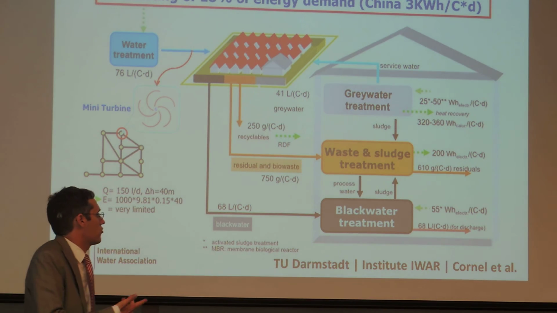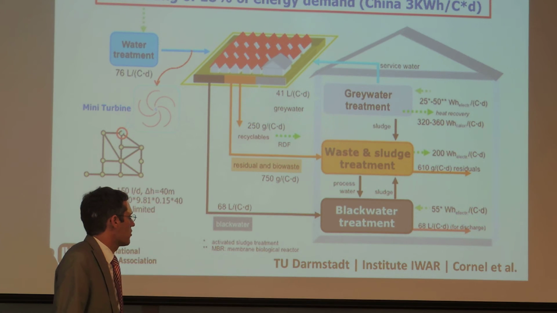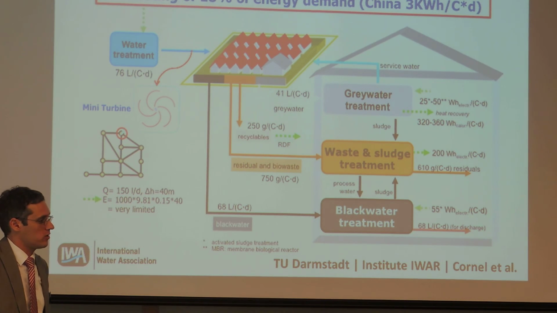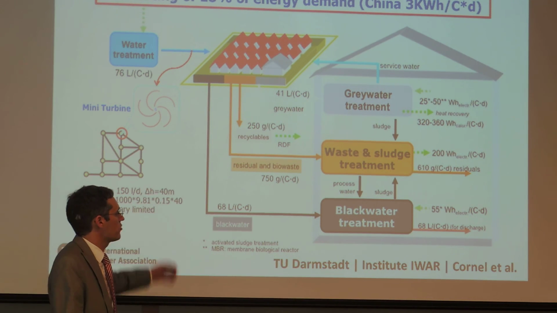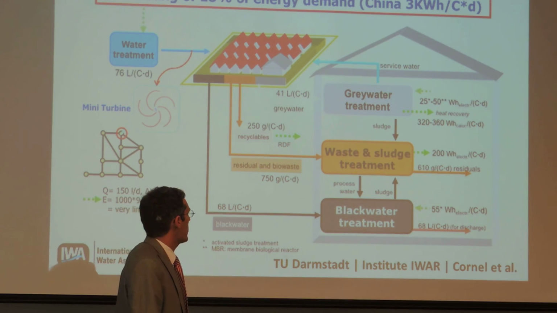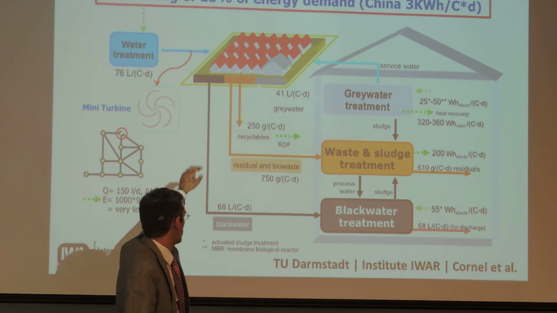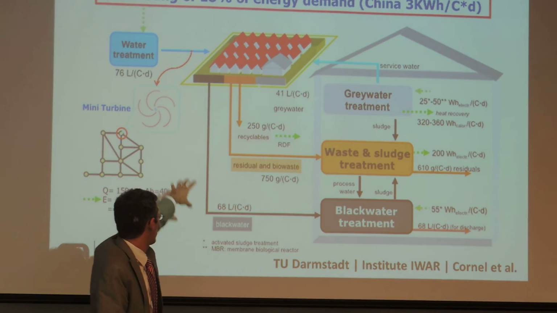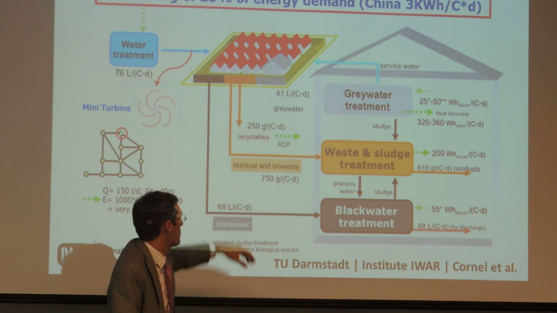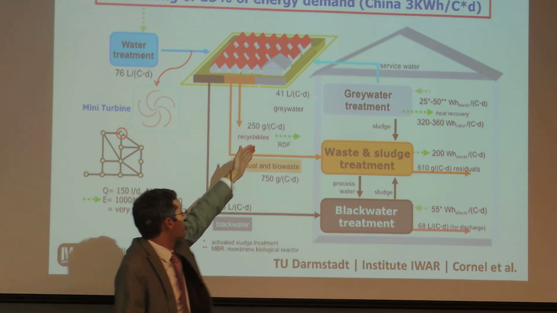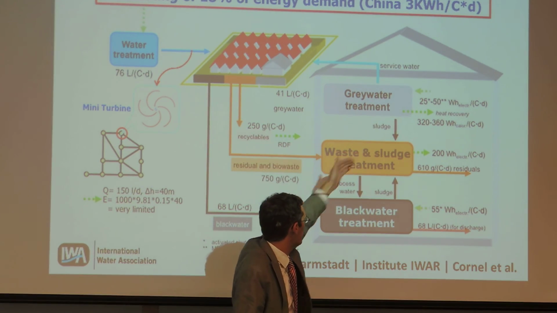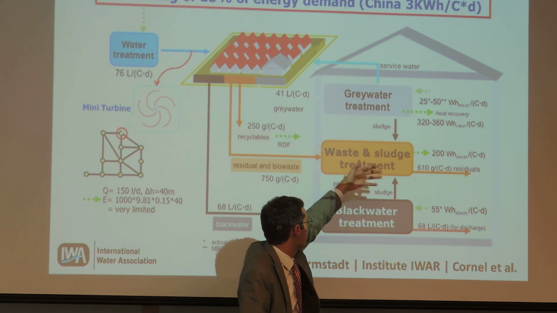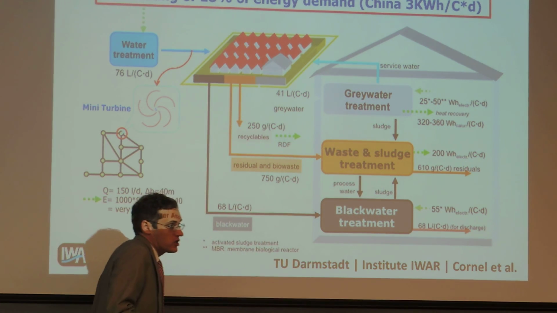And this is also something where there are a lot of concepts around. This is from a colleague of ours who works closely together with us in the International Water Association. They have the City of the Future program, very closely connected with them. They made a calculation for a new settlement in China, and you see they can collect different qualities of water. They feed in conventional water, and then they collect black water and gray water. From the gray water, they recover heat. From the black water, they recover biogas. They recover energy out of the